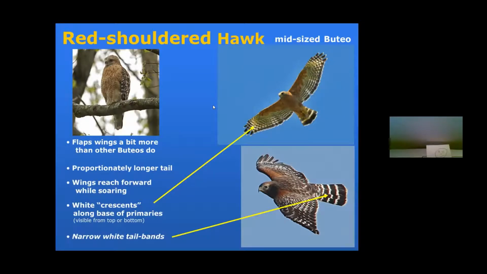If you're in this area and you see that, you probably know that you've got yourself a red-shouldered hawk. It doesn't matter whether you see a belly band or crescents or anything else. I'm just saying there are certain characteristics that you can bank on to make an identification. The white crescents, of course, as we all know, right here along the base of the primaries, are what really make it easy to identify a red-shouldered in flight. And those can even be seen on the top of the bird if you're looking down on the bird, which doesn't happen very often.